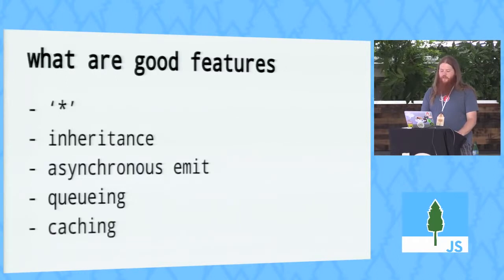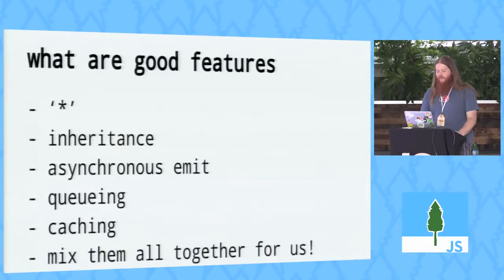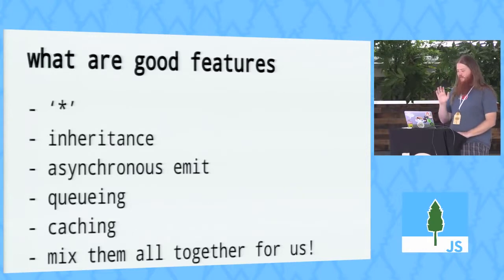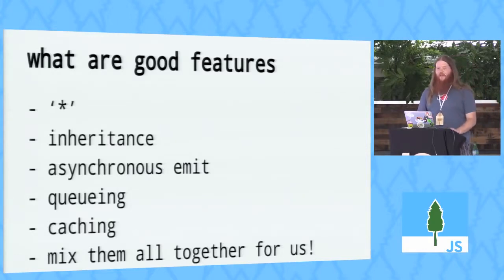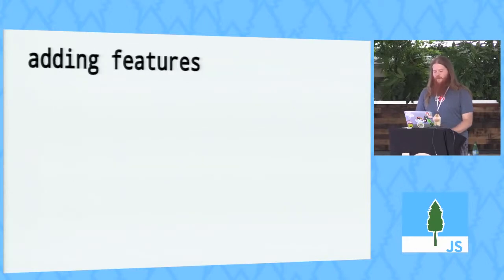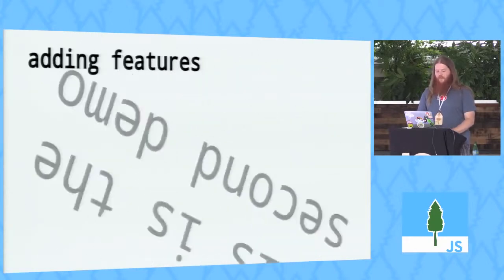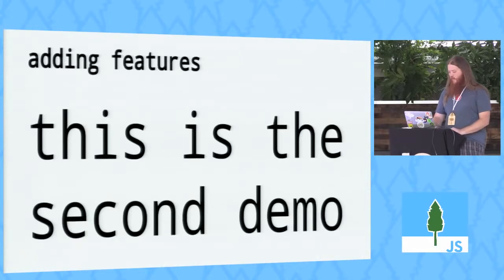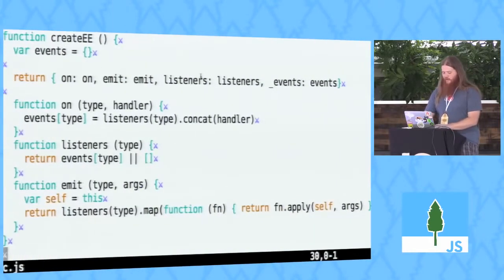You can queue events like we talked about earlier, or cache events that have happened, so a new event emitter always gets something. We're not going to mix them all together. That would create just a really incoherent glob that wouldn't be useful in any way. But I'm going to show you how to add my two favorites together, the